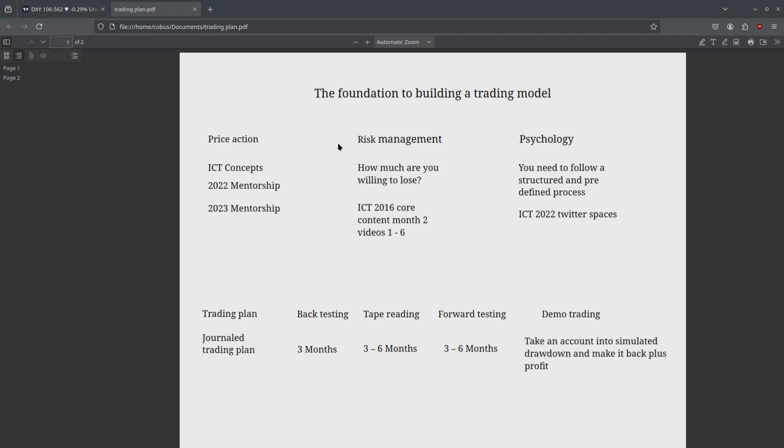If today was not a good day, you can come back, get back at it, and get to work. So, rule number one, capital preservation. Always know how much you're placing on the table beforehand.